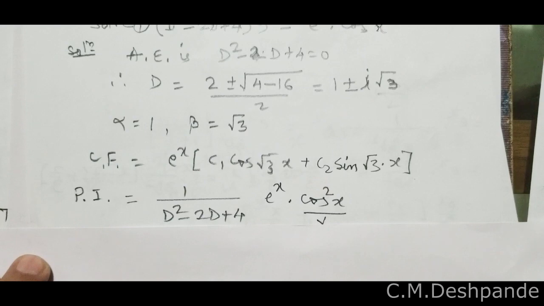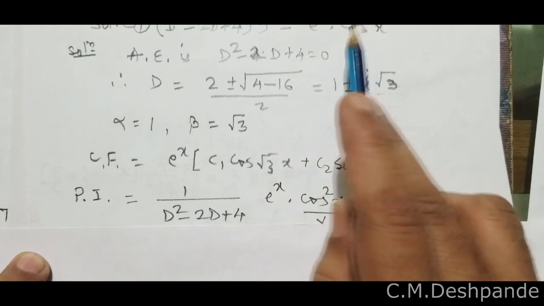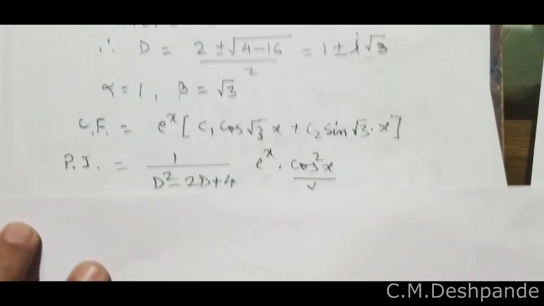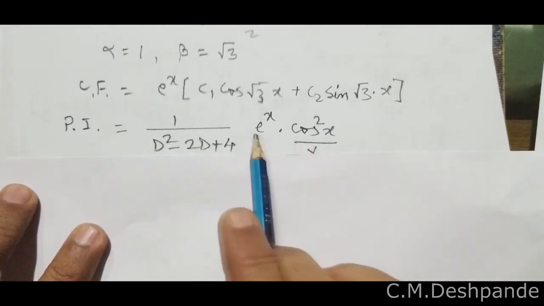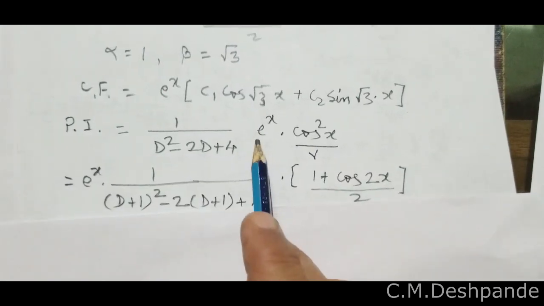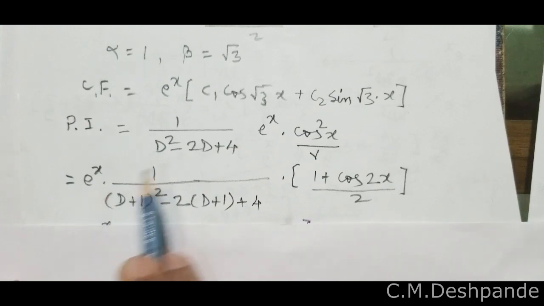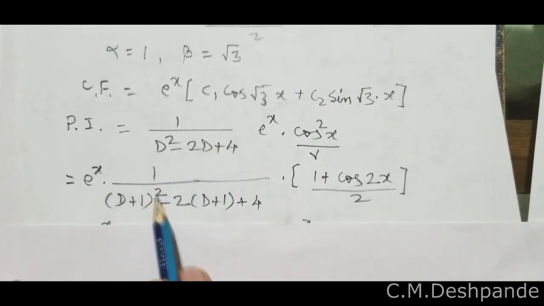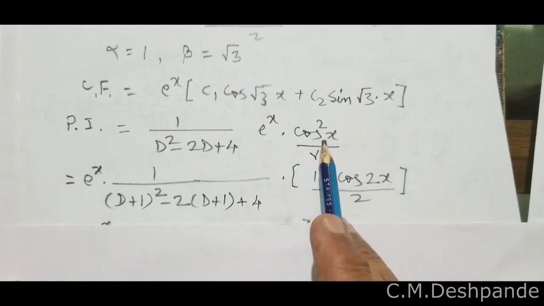And PI is given by 1 upon D square minus 2D plus 4 operating on the right side function e raised to x into cos square x. Now again observe the right side function. This is a multiplication of two functions and one function is exponential. So method number 4 is applicable. Take e raised to x out of the operator. Replace all D by D plus 1. (D plus 1) whole square minus 2 times (D plus 1) plus 4, and operate on the single function cos